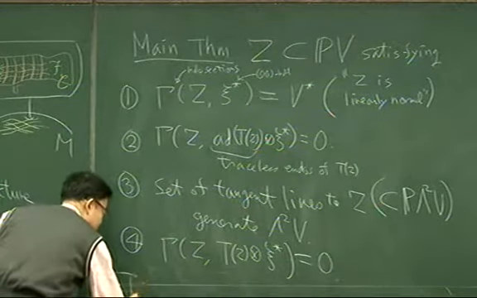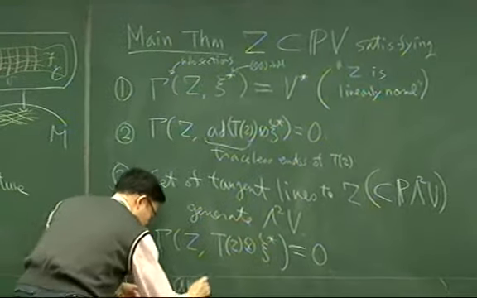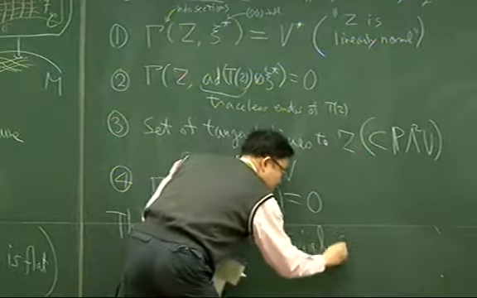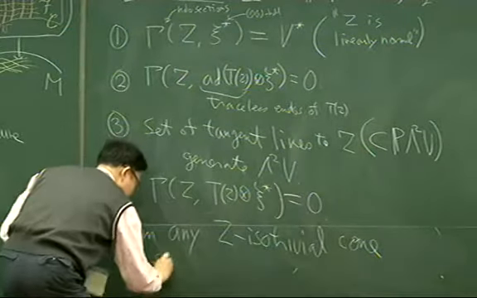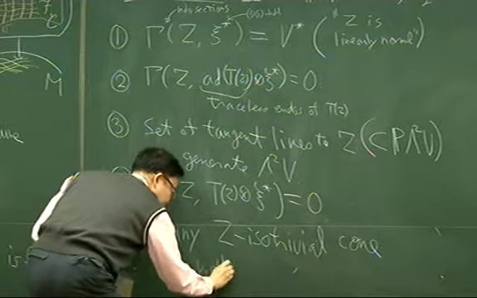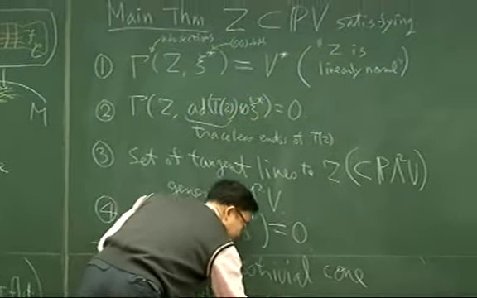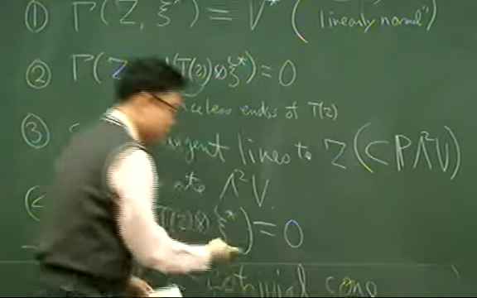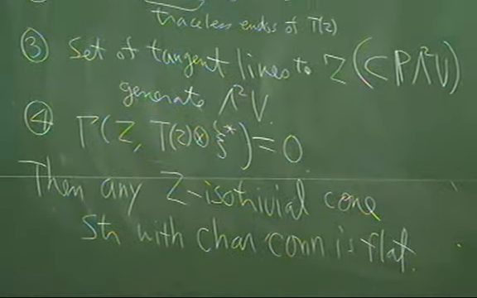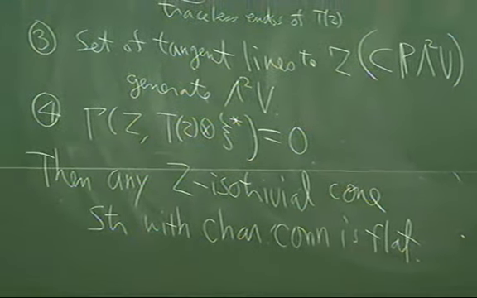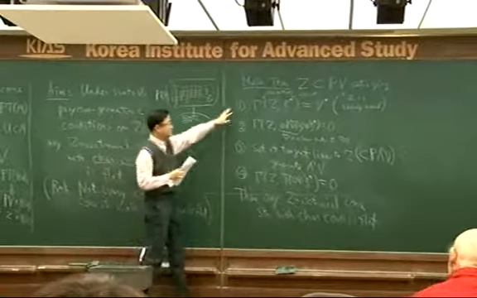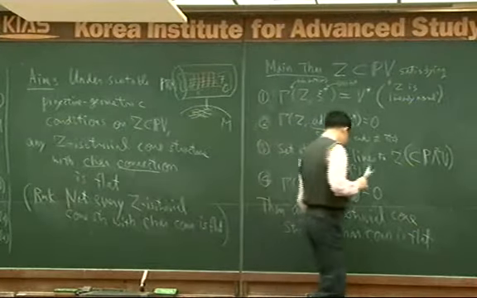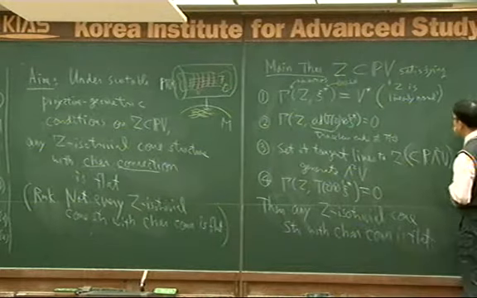Then any isotrivial cone structure with characteristic connection is flat. So this is the main result, which shows an example of this kind of philosophy. That you can give some projective geometry condition under which any isotrivial cone structure with characteristic connection is flat. Now let me remark that